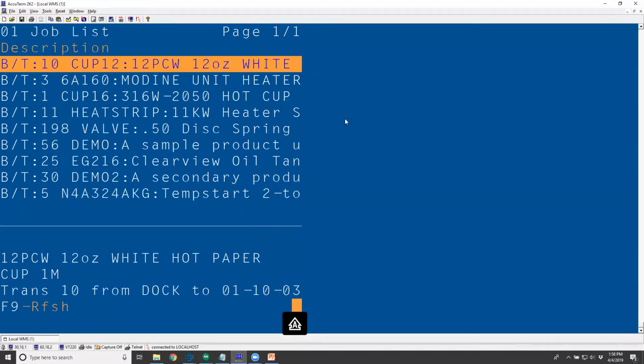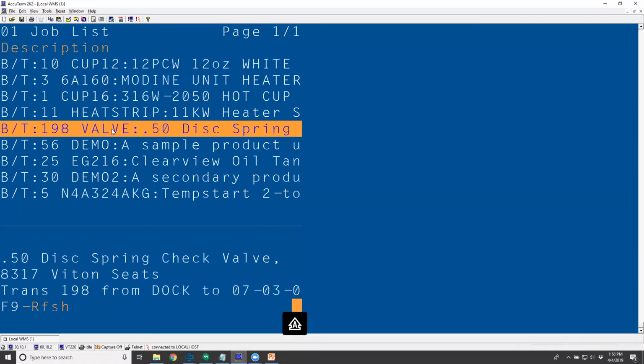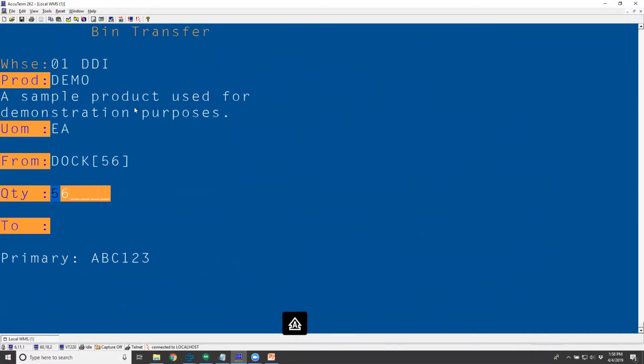And so items that are sitting on my receiving dock, such as some of these items that I just put away and some of the other items that I just did the receiving on, it's saying, hey, these are sitting here on your dock, and it probably needs to go back to the primary bin. And you could jump into a bin transfer directly from here, so I could actually choose this job, and it says, great, go put these away. So you could work entirely out of the job list if you prefer, but the idea is that after the receiving takes place,